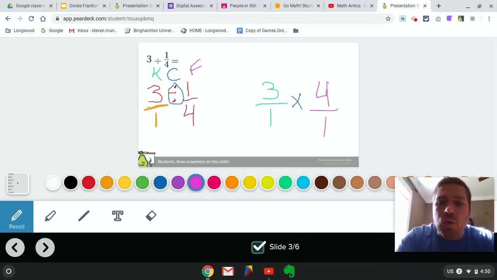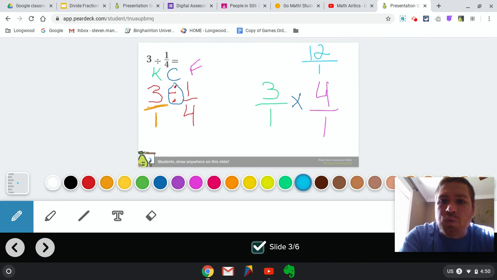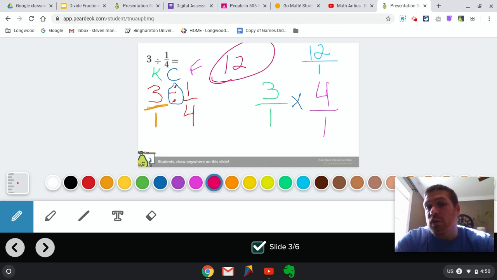above here. So 3 times 4 is 12. 1 times 1 is 1. And 12 over 1 just gives us the answer of 12. So that's to simplify. So that's our first one. Pretty simple. Again, keep, change, flip is really the new part, because we're going to get a multiplication of fractions problem afterward, and we just finished doing